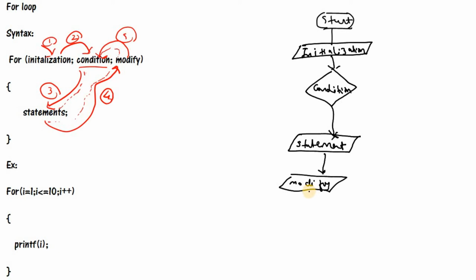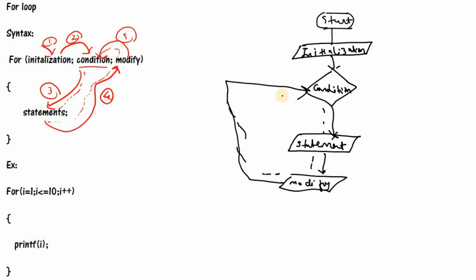Modify is also a statement, not a condition. After modify, again it will check the condition. If the condition is true, again statement, modify, and again.